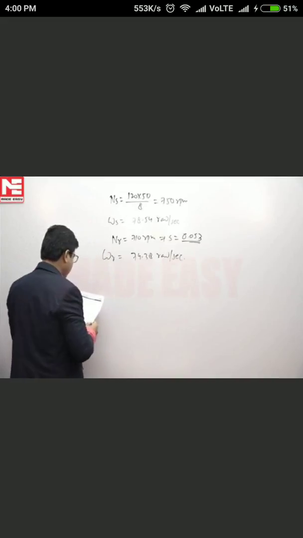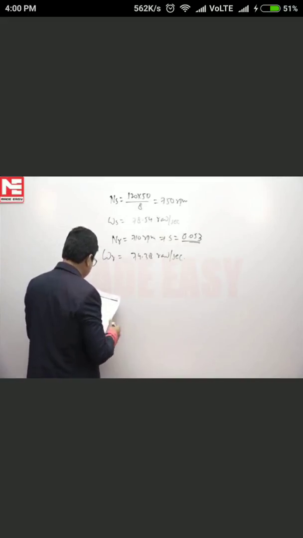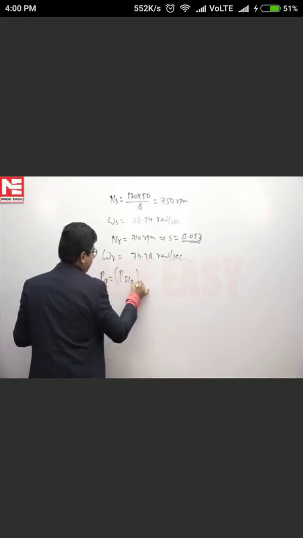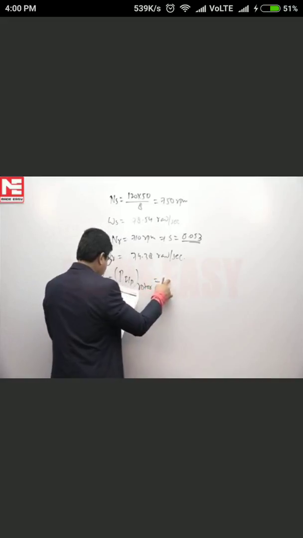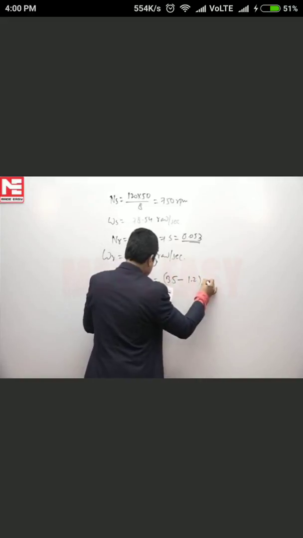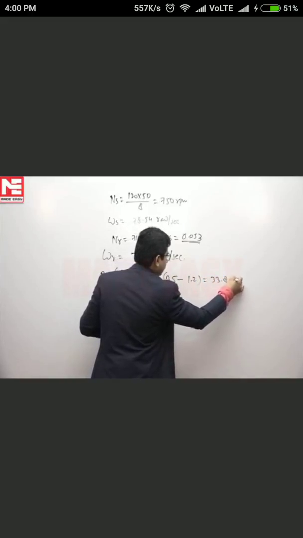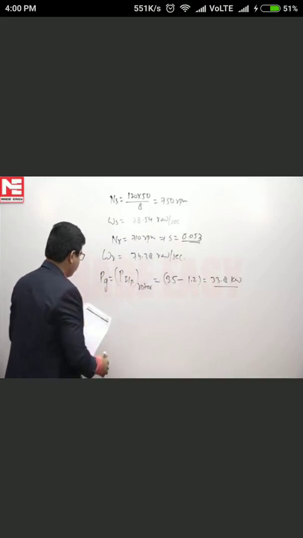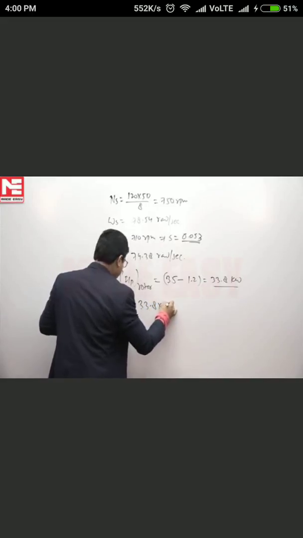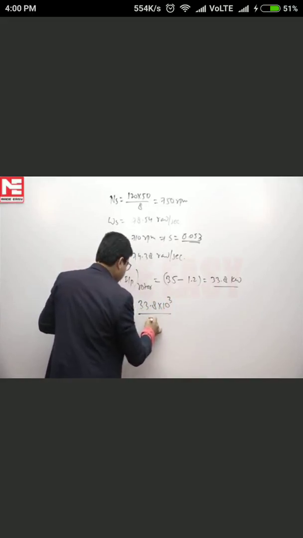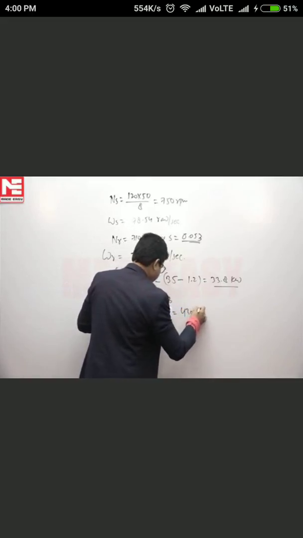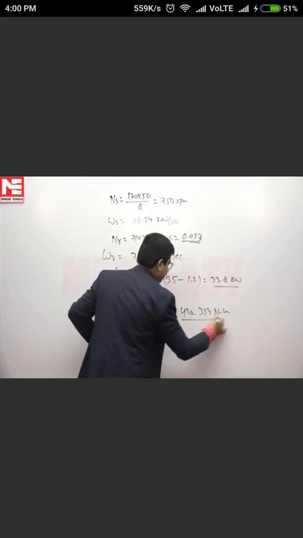Now once we have calculated all these speeds and the slip, then the electrical power input is given as 35 kilowatt and stator copper losses are given. So air gap power, or input power to rotor, is basically the stator input, that is 35 kilowatt, minus stator losses, that is 1.2 kilowatt, and the value is 33.8 kilowatt. Now the gross torque T gross is 33.8 into 10 to the power 3 divided by 78.54, and this is equal to 430.354 Newton meter. So our answer is